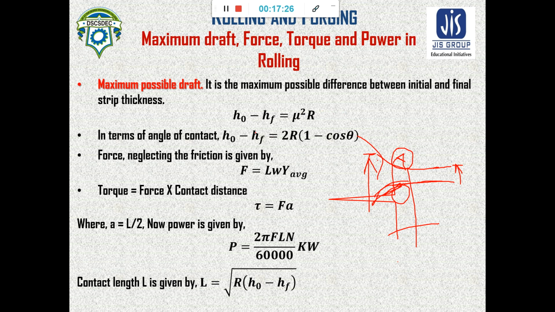Now we will see some terms. First one is maximum possible draft. The maximum possible draft is the maximum possible reduction between initial and final strip thickness, that is given by H0 minus Hf equals mu squared r. In terms of angle of contact, that is given by H0 minus Hf equals 2r(1 minus cos theta), where theta